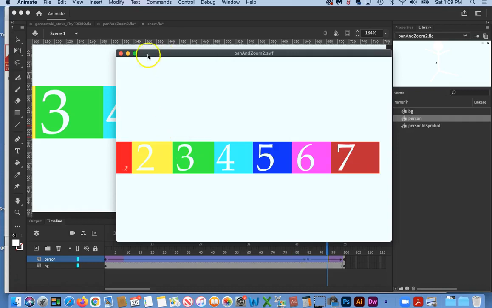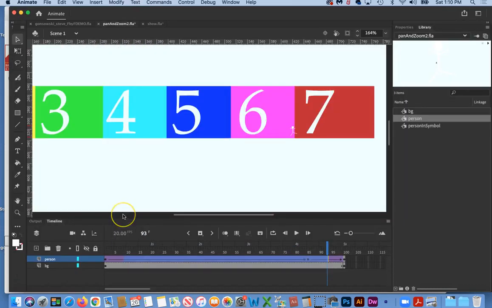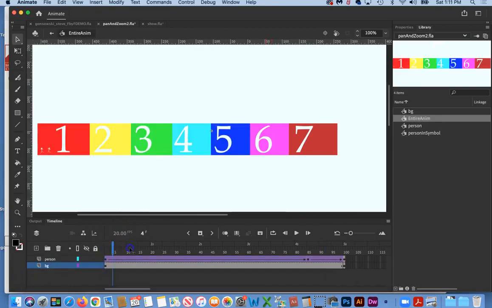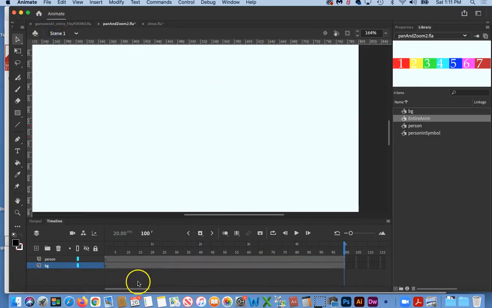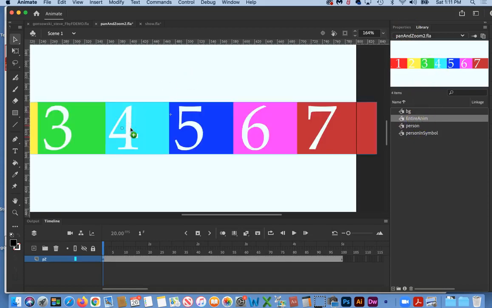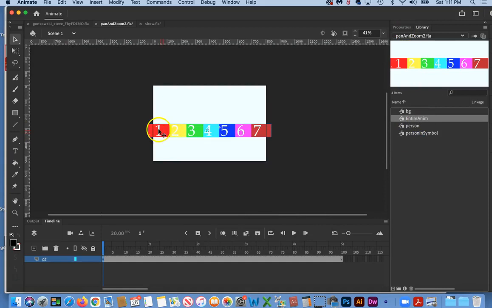Now, the idea would be to take that entire animation, turn that into a symbol, and then do our panning and zooming. And since I've done that many times, I'll do it behind camera. I just pasted my frames inside of the symbol, and now back out on the main timeline. We're going to get rid of these layers and just bring out a new layer. Actually, I just deleted the one layer, rename this PZ for pan and zoom. Going to go into my library, bring out this entire thing. I'm going to Command Z that down,